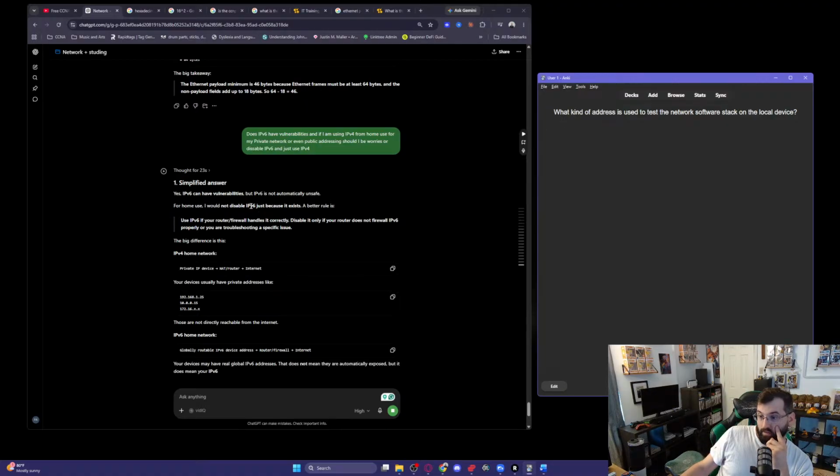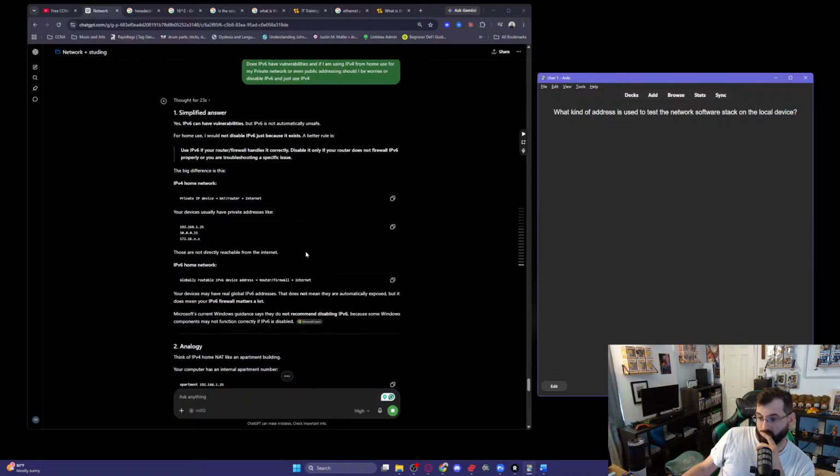Yes, it can have vulnerabilities, but IPv6 is not automatically unsafe. For home use, I would not disable IPv6 just because it exists. The better rule is use IPv6 if your router firewall handles it correctly. Disable it if your router does not firewall IPv6 properly, or you are troubleshooting a specific issue. The big difference,